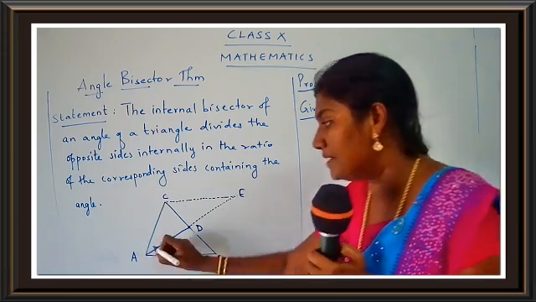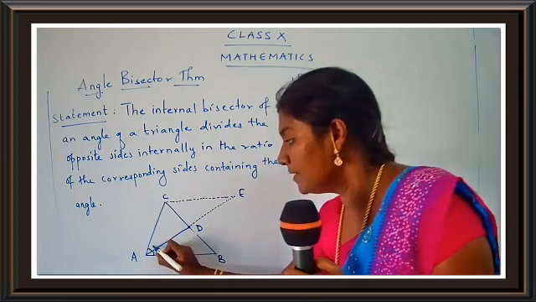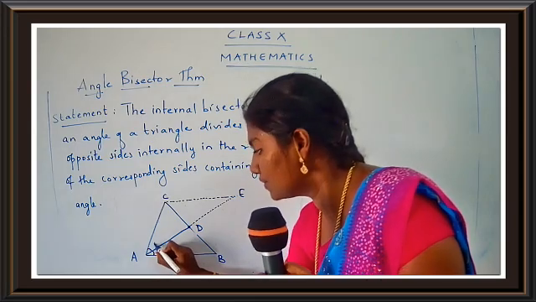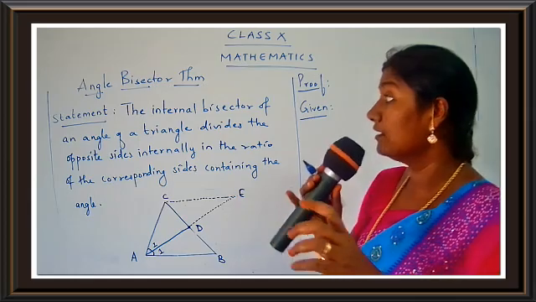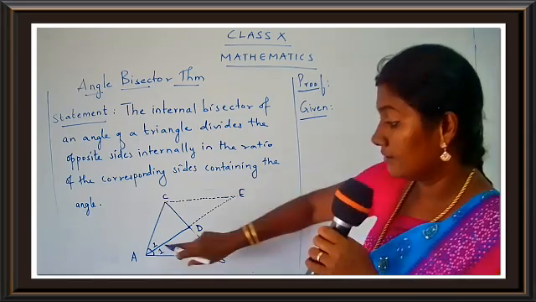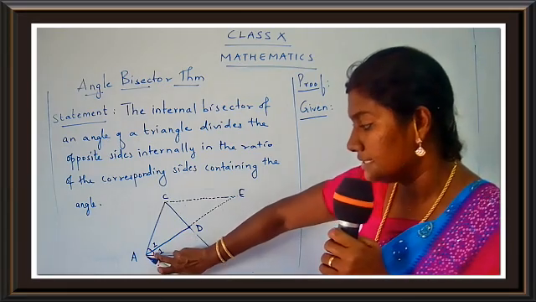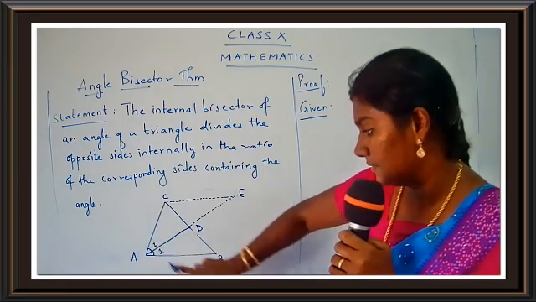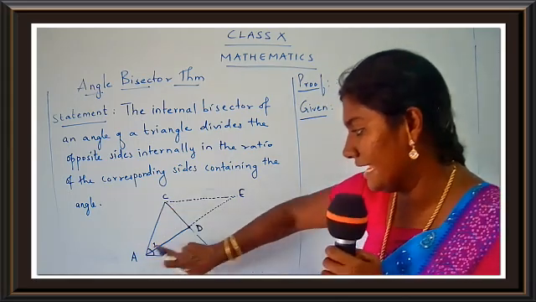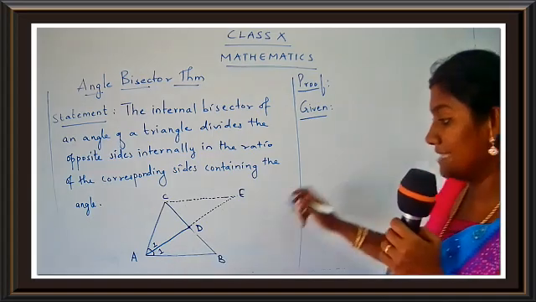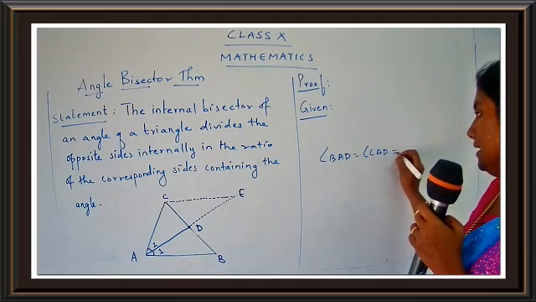This line, or this segment AD, divides which angle? Angle A. That means this measure and this measure are going to be the same. What will be the measure here? They have taken the measure as 1. So if this is 1, this is also 1 because it is internally bisected. So AD is the internal bisector, and this side and this side will be equal. So you have BAD and CAD to be equal. You will have the same value. BAD and CAD will be equal.